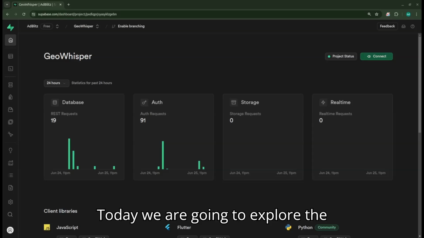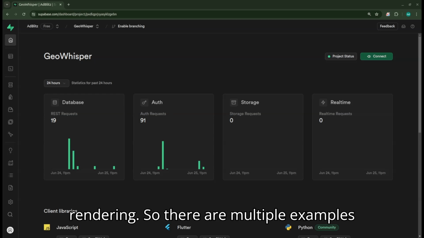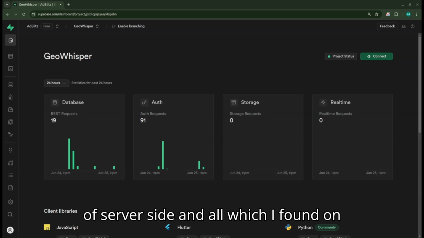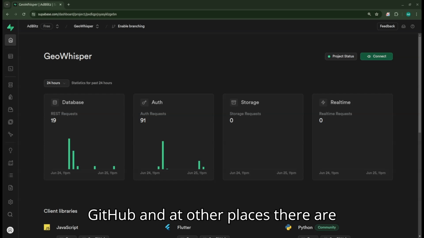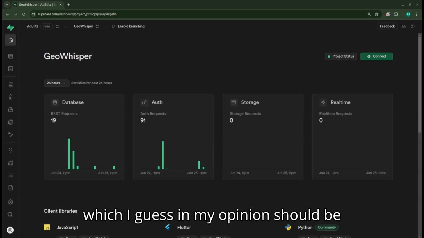Today we are going to explore Supabase authentication with client-side rendering. There are multiple examples of server-side rendering which I found on GitHub, and at other places there are multiple tutorials, but no one is talking about client-side rendering, which in my opinion should be talked about